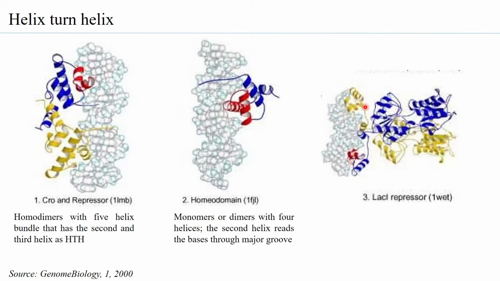You can see that, in fact, many a times this is not just a dimer, it is a tetramer. So you can see this is one monomer, this is the second monomer, the third, the fourth. And in this monomer per se, if you consider these two dimers, then you can see that this is the helix turn helix of one monomer and this is the helix turn helix of the other monomer. Now, interestingly, the monomer also has another helix, which is called the hinge helix.